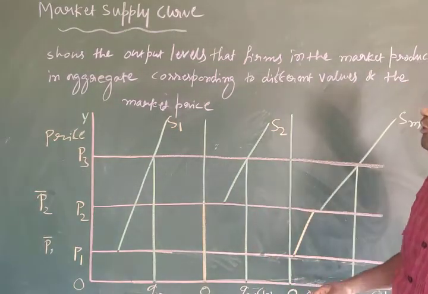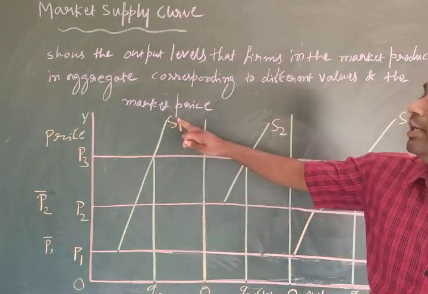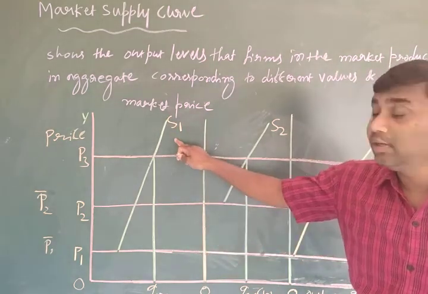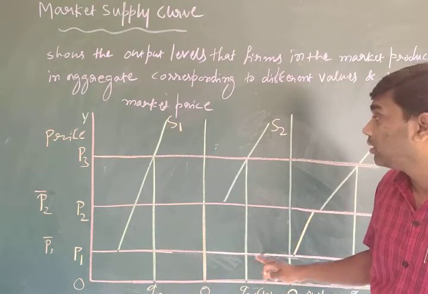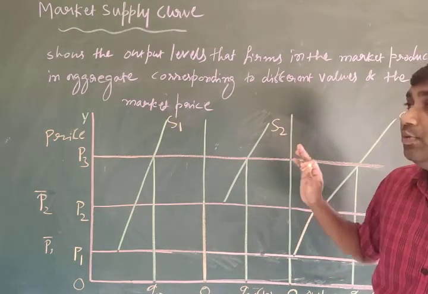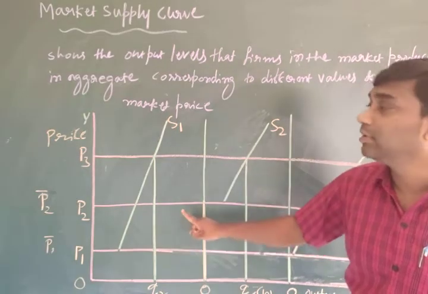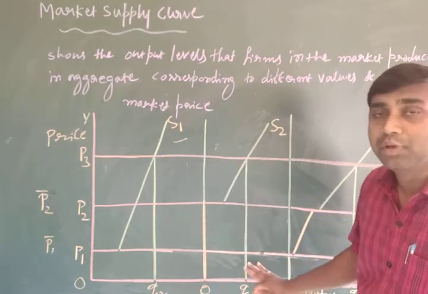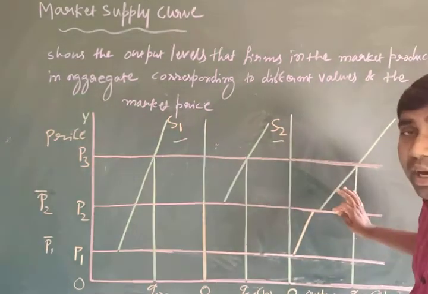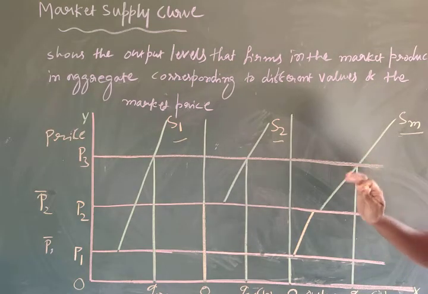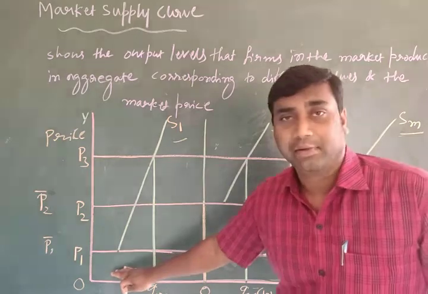In the diagram, the firm 1 supply curve is denoted by S1, the firm 2 supply curve is denoted by S2, and the market supply curve is denoted by Sm. Right? So when the market price is below P1,